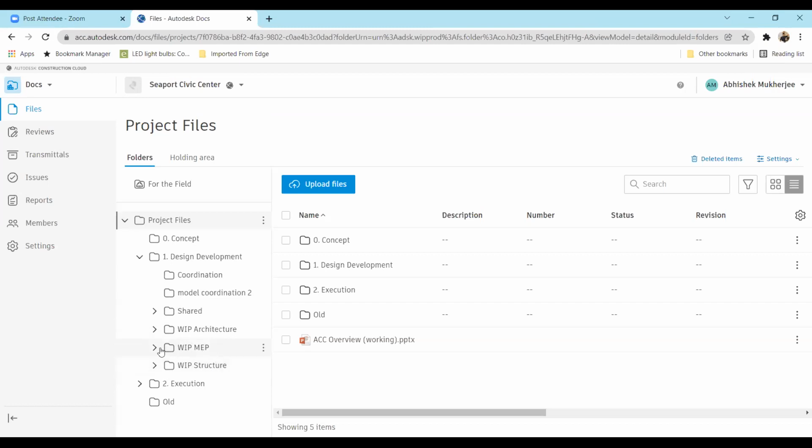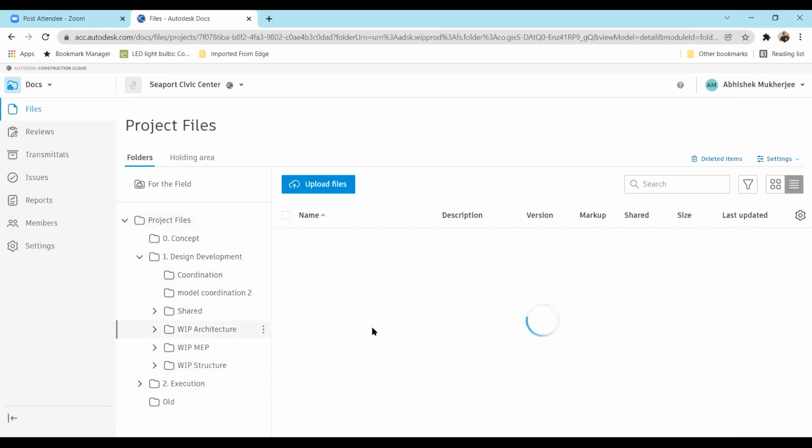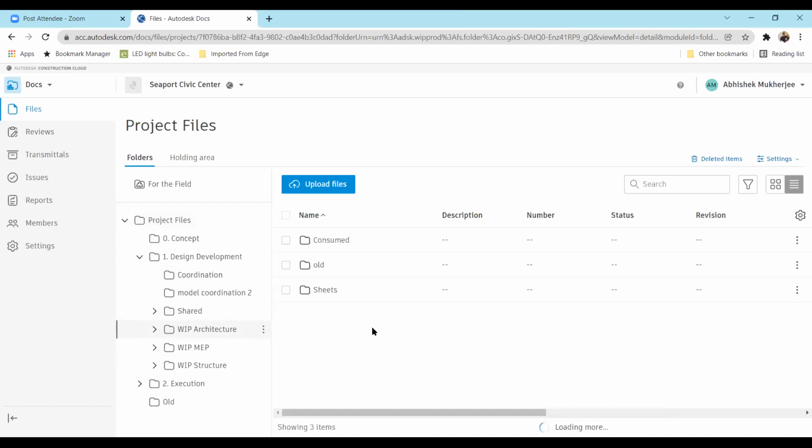Inside of MEP also, there are various other disciplines that we can create, like let's say firefighting, or some other departments like CCTV. Every folder can be created over here and specific files need to be uploaded in that folder. Now, how is this different from any other drive space, you may say? You may say that this I could do in Google Drive also, I can do this in OneDrive as well. But OneDrive and Google Drive do not have the basic facility of opening a file made in Revit or AutoCAD. They usually open PDFs or DWGs only.